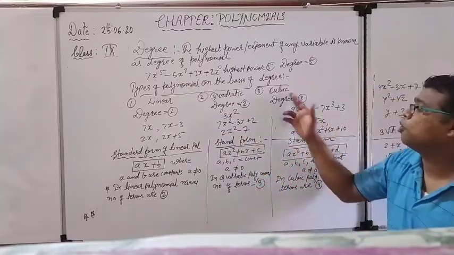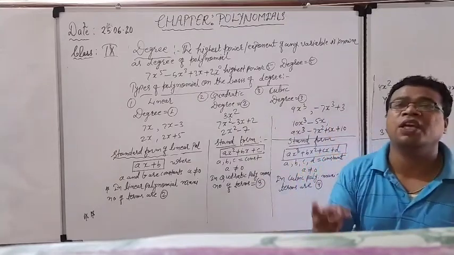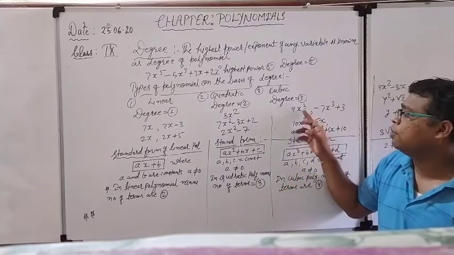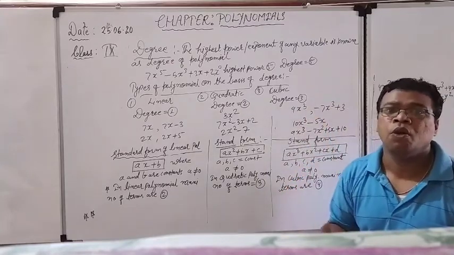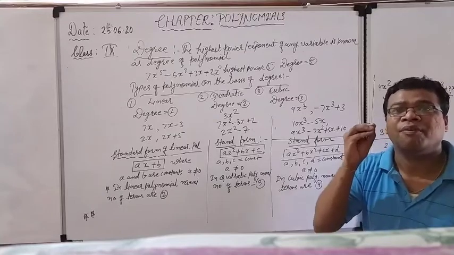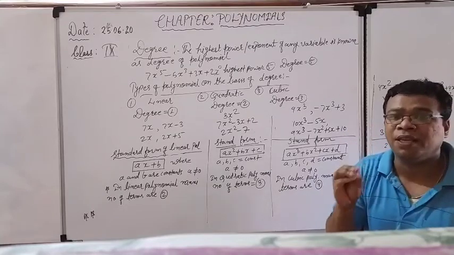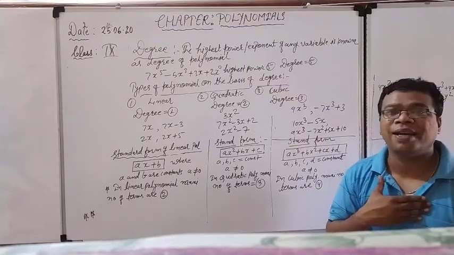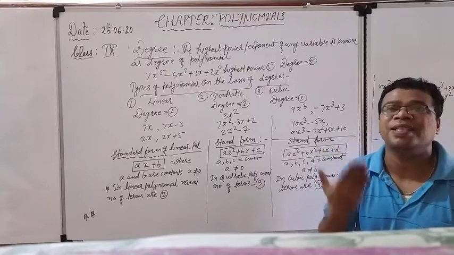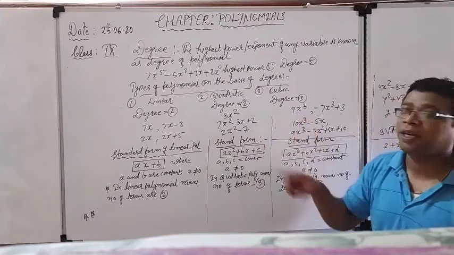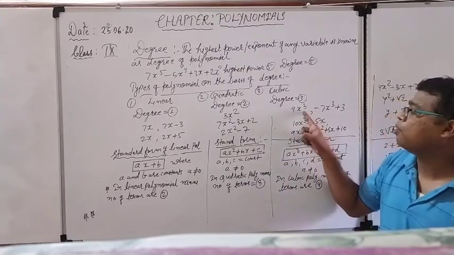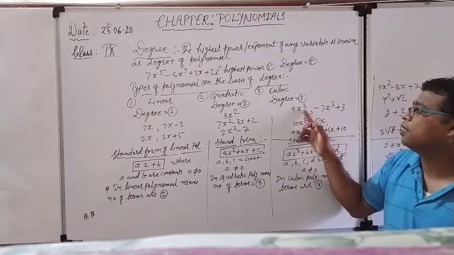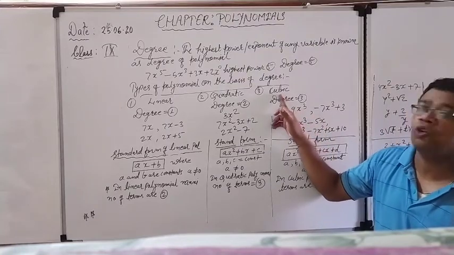See the next one, cubic polynomial. It is defined by the degree 3. Always remember maximum power should be only 3. Look here. First example I have taken 9x cube. Only I have to remember the power of the variable should always be 3. Either I have written the example of x, I can change the variable also. I can write down 9y cube. I can write down minus 9z cube. Whatever the coefficient, I can change on my own. But the power of the variable, either it is x, y, z, maximum power should always be 3. Right now see x power 3. It is an example of the cubic polynomial.